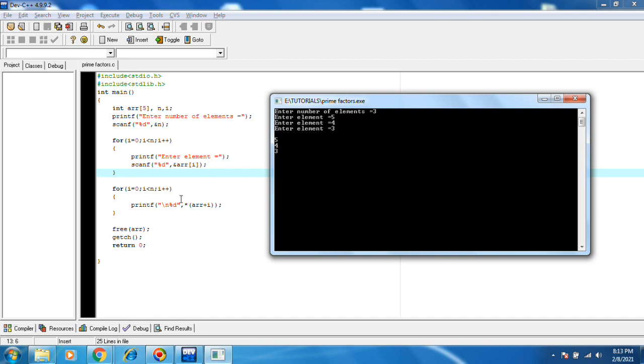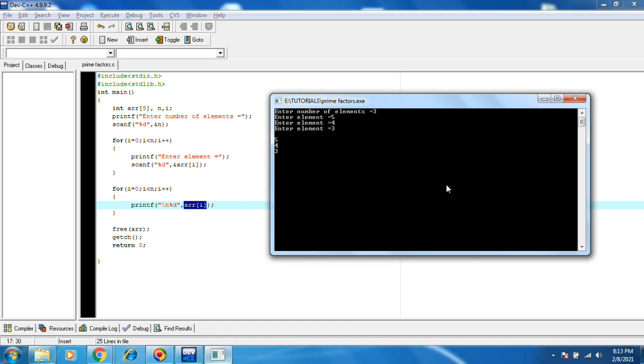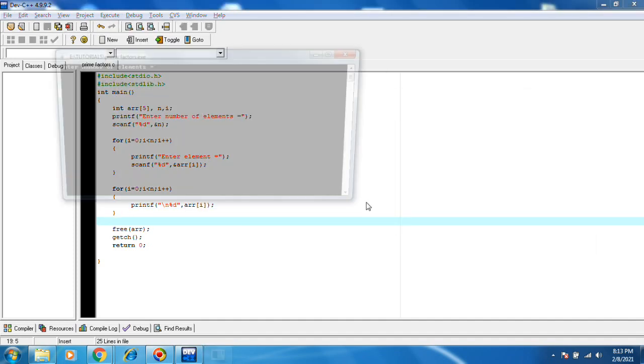You see, with this you can print the array elements. Star of arr plus i. Array elements you can print using pointer notation. And actually if you go to arr of i, you can print like this as well. Execute, compile and run.